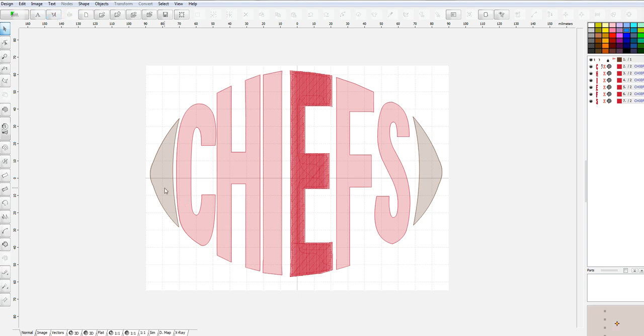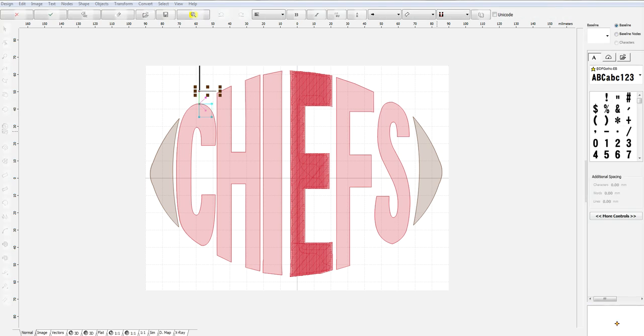I'm leaving the little football corners, the edges here, because that is the shape of the football. And I'm going to insert a font engine, and I'm doing the DF Gothic EB right now. And let's just say we want to do